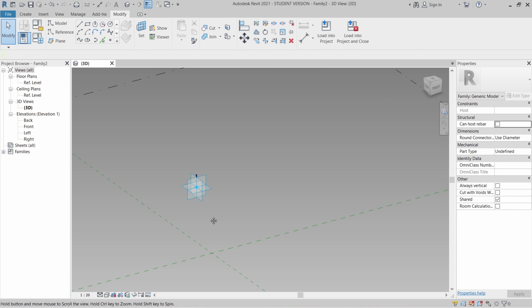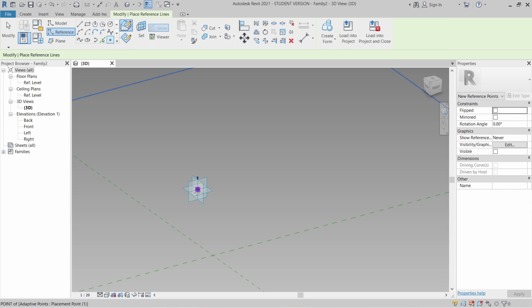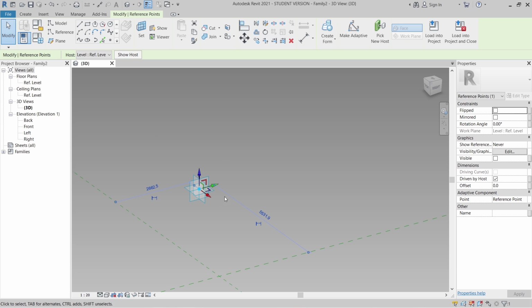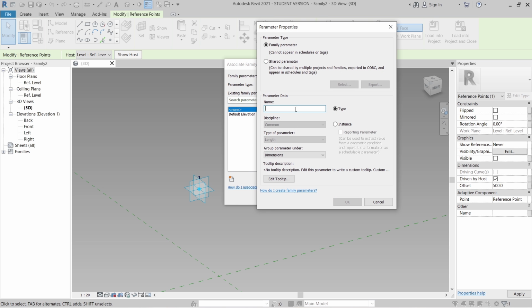Okay, perfect. Now what I need to do is go to Reference, then Point. I will place a point at the center of my adaptive component number 1, place it here, then hit Escape a couple of times again. I select my point, then in my Properties panel there is Offset. I will change my offset to 500 mm and associate family parameter, create new.